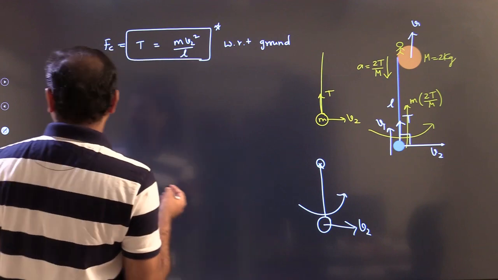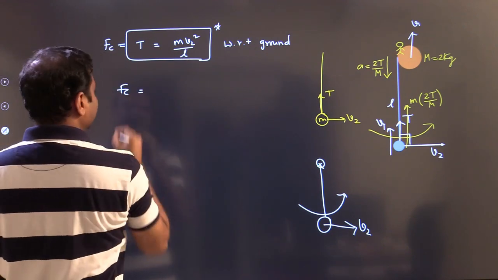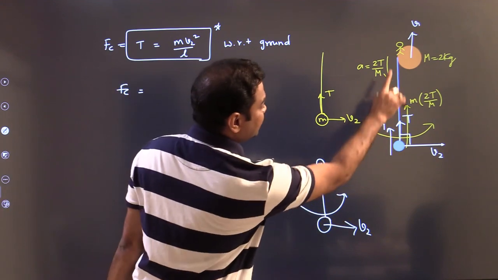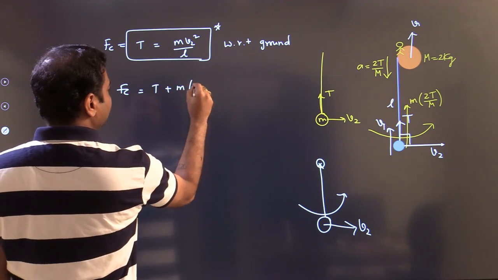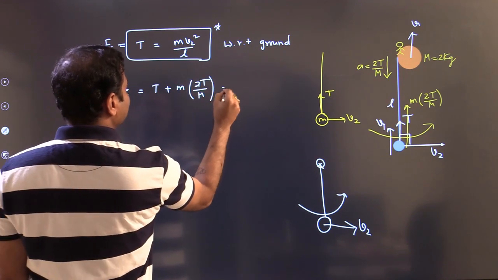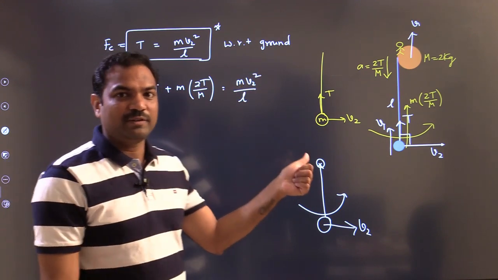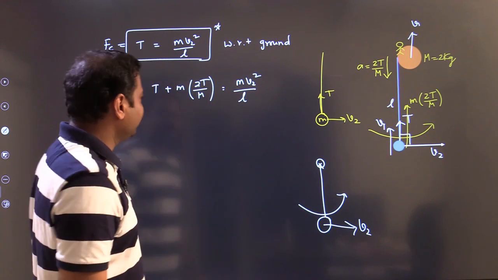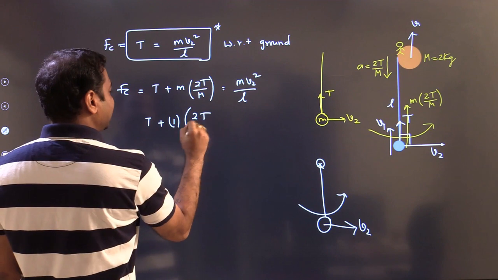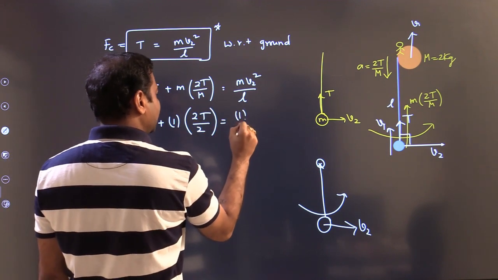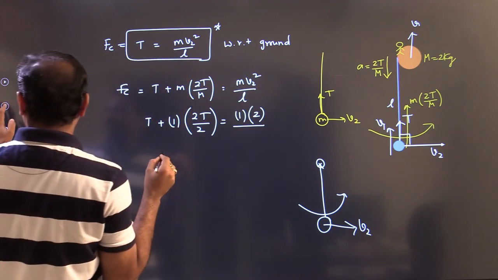Then I can write the equation, a little modified. The idea is the same, but the equation will be modified. Now what is the total force acting towards the center? The total force acting towards the center is T plus small m into 2T by capital M is equal to mv2 square by L. I told you v2 square is required for me, that's why I kept v2 square as 2. So write down all values. Small m is 1 kg, capital M is 2 kg, again 1 kg for small m, v2 square is 2 and the length I think is 50 centimeter.